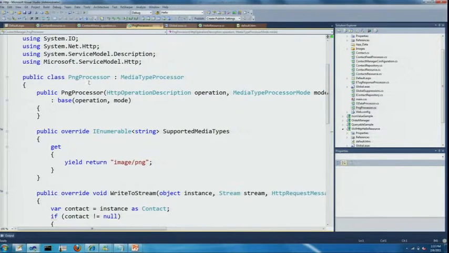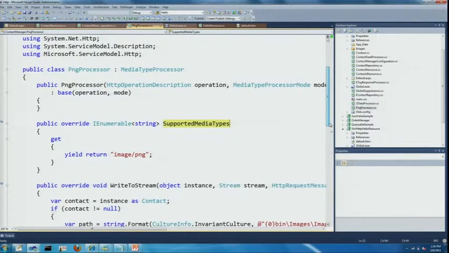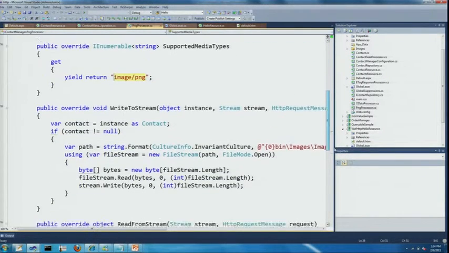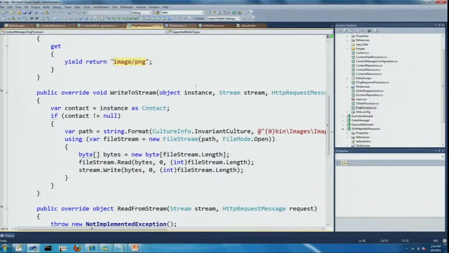So here's an example of that processor that creates the image. And you see here I have this supported media types override. This is going to change, but the basic concept will be there, where I say, hey, I'm a guy who replies to image/PNG, and then I have this write to stream method that passes me the instance of the returned value from the operation, and then I use that to get an image and create a stream.